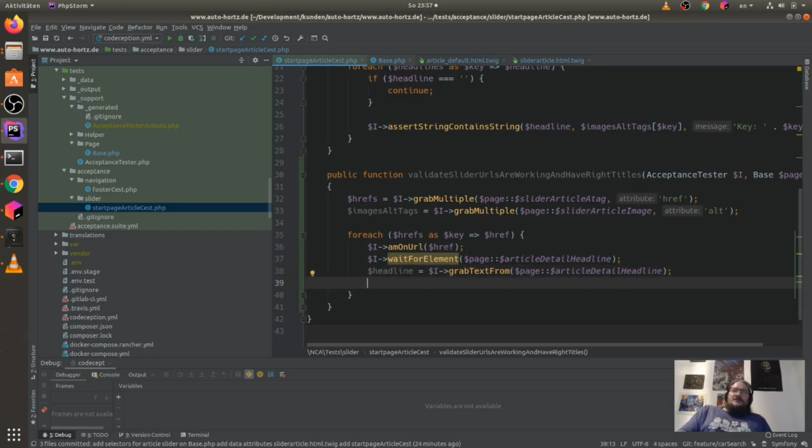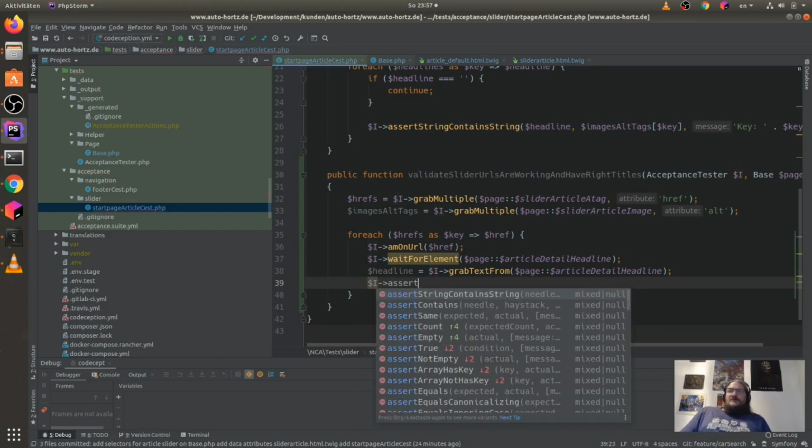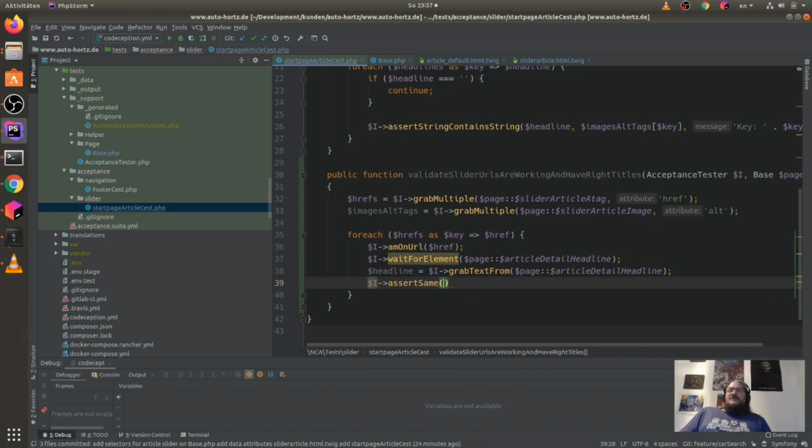So we can say here that $I assert same expected and actual.